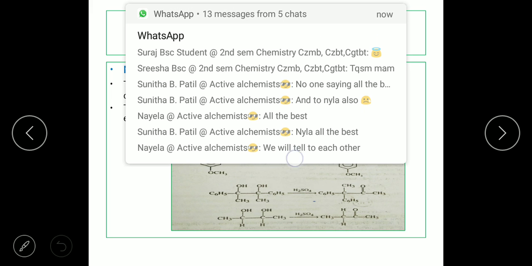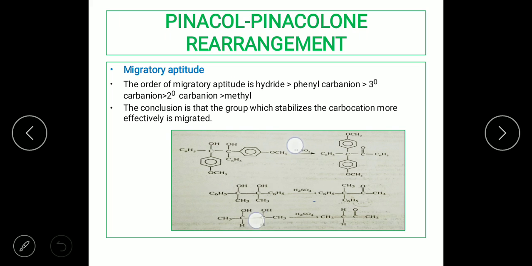Suppose, let us take this example. Here you can see that there is a phenyl group, and also there is a methoxy group. A phenyl methoxy group is also present here. But here there is a chance of this phenyl methoxy group to migrate rather than the phenyl group, though we have written that phenyl has a higher possibility of migration compared to any other. So here what we should see is that the migratory group must also be able to stabilize the carbocation. This is one more condition for a migratory group to migrate from its position to a carbocation position.